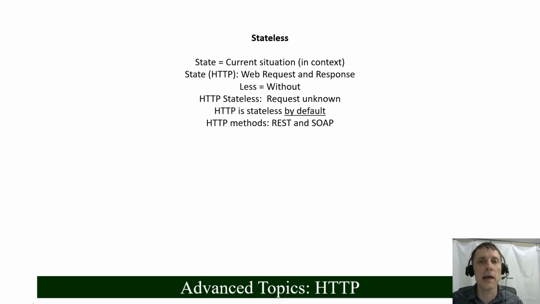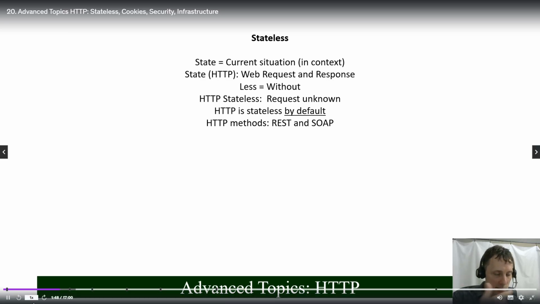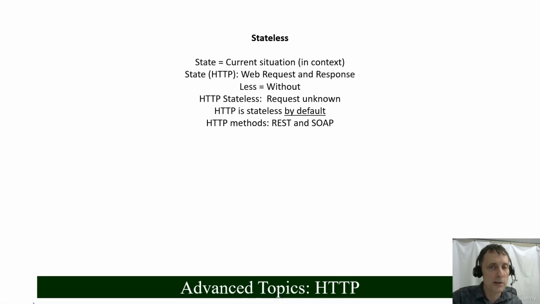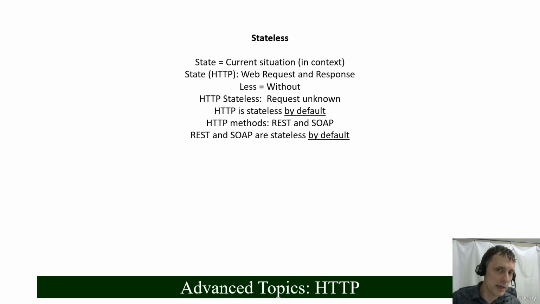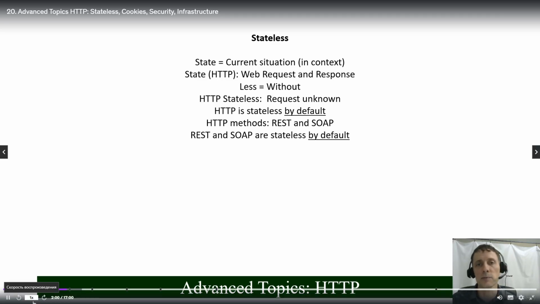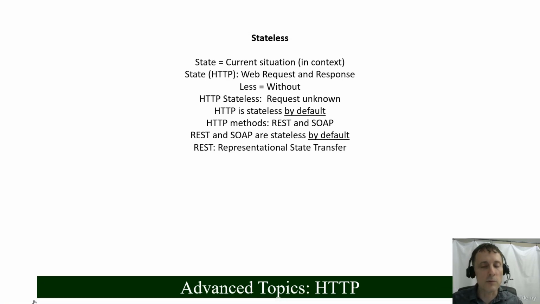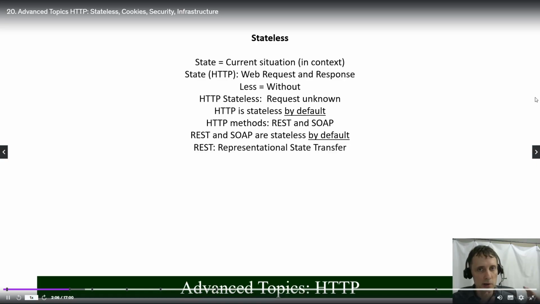Two ways of doing HTTP are REST and SOAP. That is, both REST and SOAP use the HTTP protocol, the start line, the headers, the blank line, and the body. REST and SOAP are stateless by default because they use HTTP, and HTTP is stateless by default. REST stands for Representational State Transfer. This means that all the request information